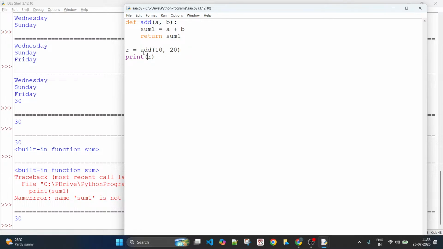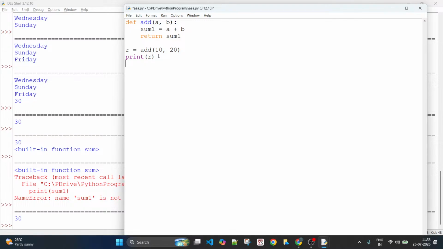Since you get something back in response, you need to store it in some variable so that you don't lose that value. And you can start printing or whatever you want to do, you can do that. So return statement will transfer the control from the body of the function to the statement that has called it. Along with that, it will also take the value of the variable that you mentioned after return, and it will just return it back to the calling statement. So 10 and 20 sum has been computed, it became 30, and 30 is written back and stored in R, and now you are printing the value of R, which is 30.